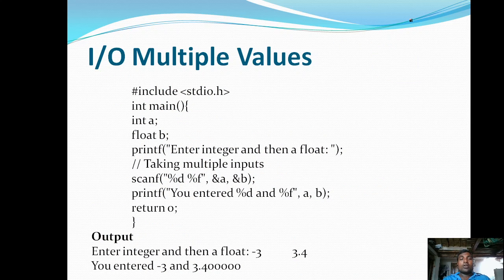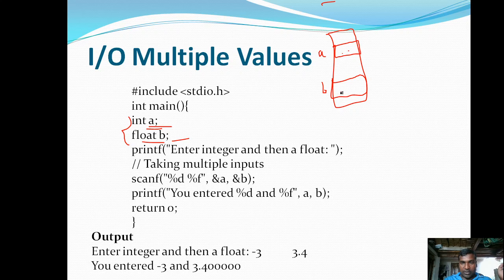Now, if you want to read multiple values at a time, or print multiple values at a time, you can use the same format specifiers. Here, inside the main function, I am declaring two variables, int a and float b. Two bytes are reserved with the name a, and somewhere in memory 4 bytes are reserved. The name of that location is b. By default I am not assigning any value, so it is going to print some garbage value.